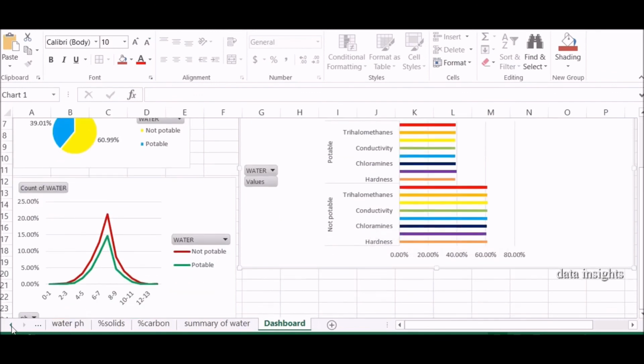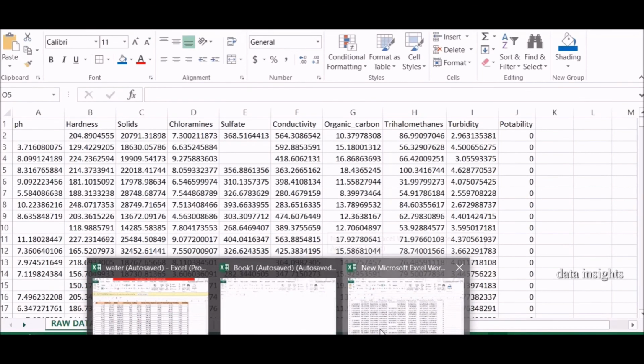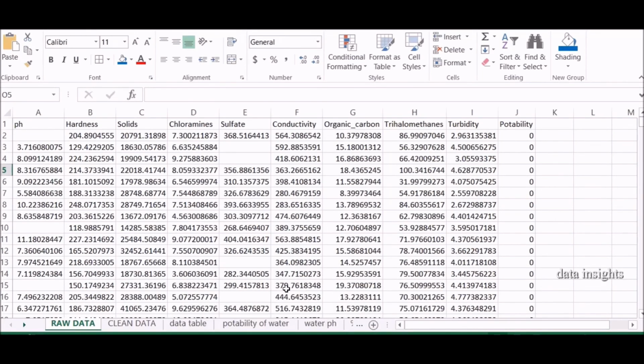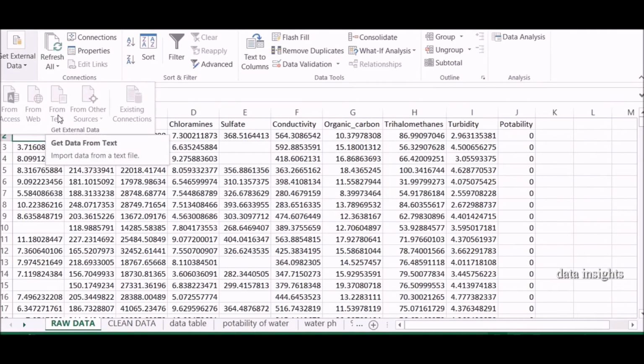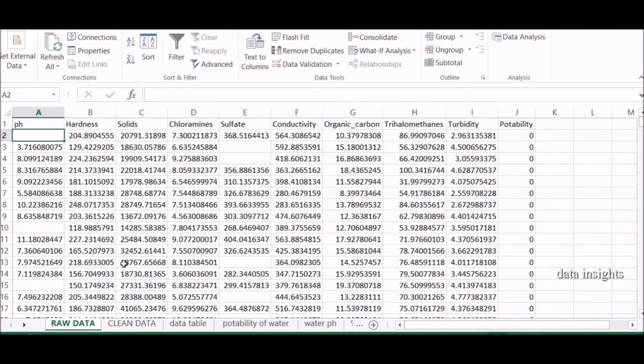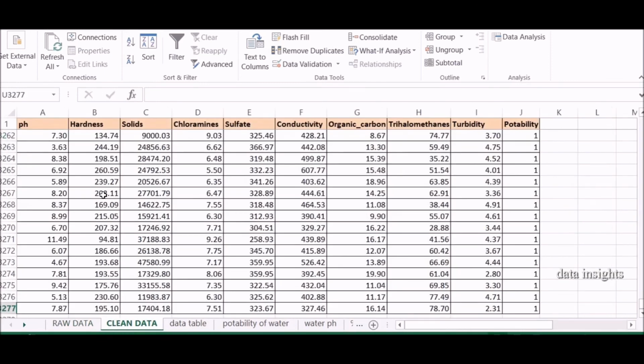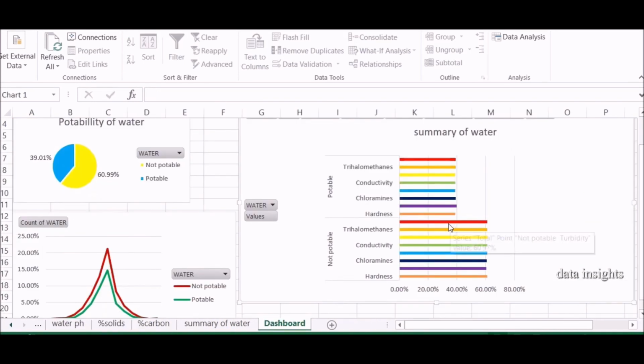When you see the data in the beginning, it is all numbers, and you don't know what is present in it. Once this data is converted into the dashboard, you can understand the whole picture about this data. So you slowly convert it into a dashboard which is very interactive, and you can also generate insights out of it. Thank you.